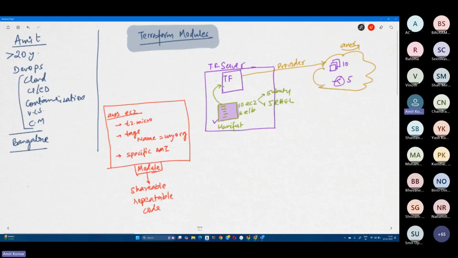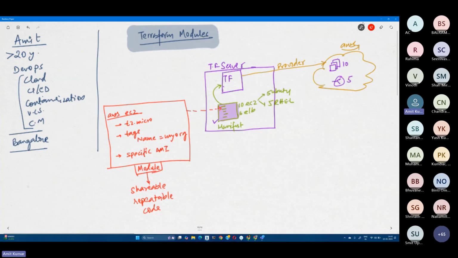That means you write once and other teams can share it, can use it. Okay. So now in this example here in the purple box, instead of writing their own manifest from scratch, the teams can import this module,